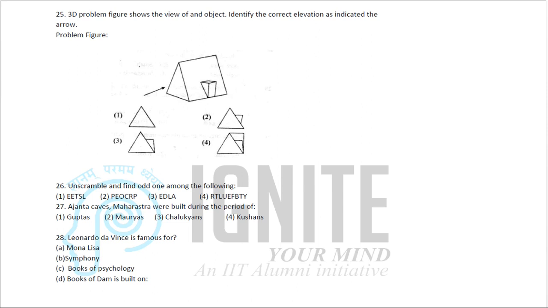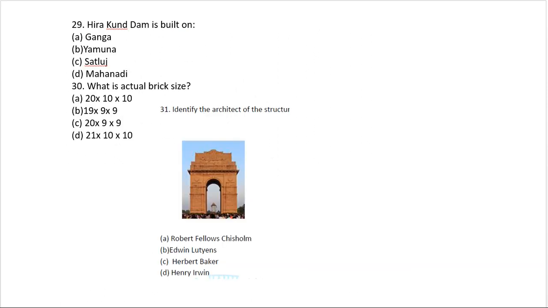We can expect questions from material study, then horizons, and color theory in this session. And identify the building is a typical kind of question asked every year. Identify the architect also is a typical question asked every year. So you have to know all these things before going to write the NATA exam.